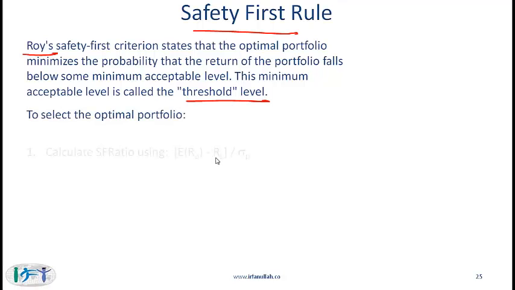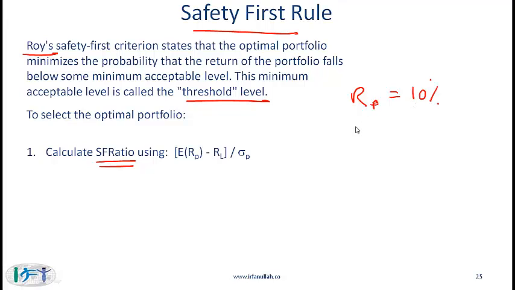So how do we select an optimal portfolio? What we need to do is come up with the safety first ratio using this formula. If you have a given portfolio and the expected return on the portfolio is equal to 10%, and let's say that you require a return of at least 2%, maybe the inflation is 2% and you want a return more than 2%. One way of putting this is that you want to minimize the probability of the return falling below